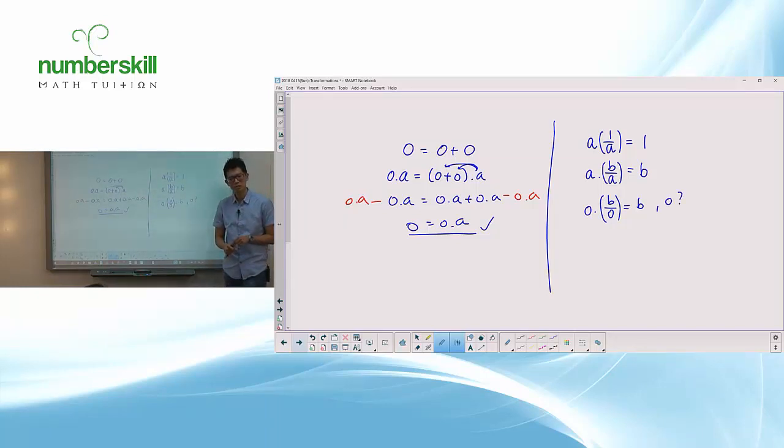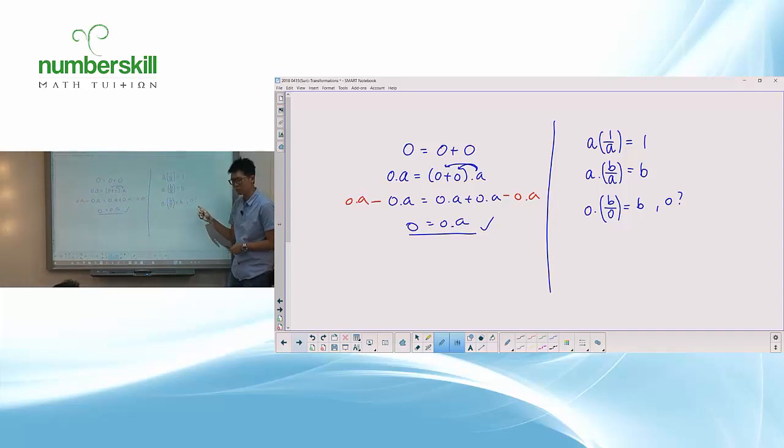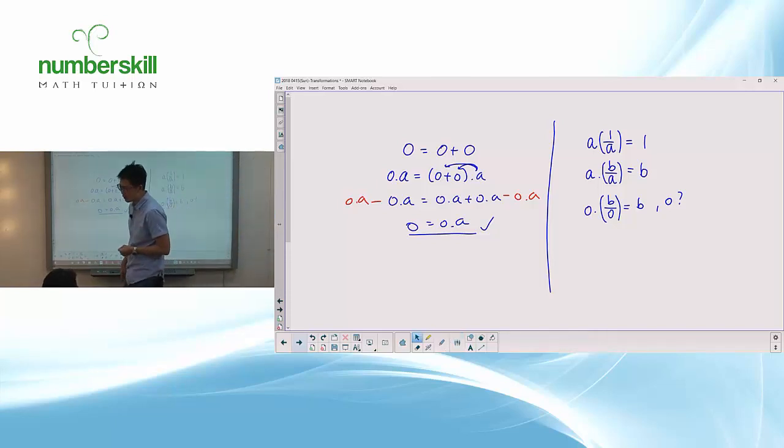And the problem is, nobody knows. Because we agree that this must be true, and if this must be true, then it must be equal to 0. Right? But if it's equal to 0, then this is not true. But we also agree that this must be true, right? There's always such a thing, right? And if this is true, then it cannot be equal to 0. Great. So it's called undefined. Okay? So that's one way to prove why we cannot divide by 0.